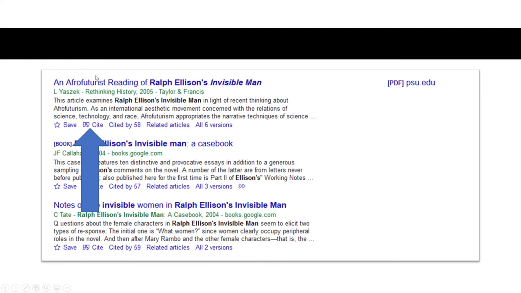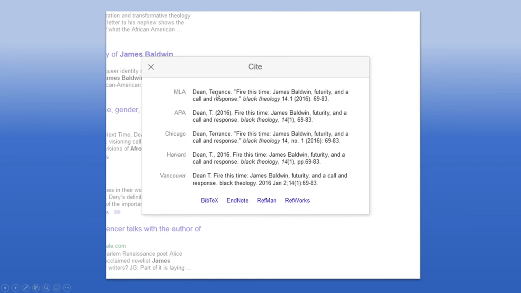So here, our search result, Afrofuturist reading of Ralph Ellison's Invisible Man. There's a little cite button right here. It also gives you who cited this article, which is sometimes a nice metric of how popular and how influential a given work might be in the research literature. So we click the cite button, and that gives up this cite window, and it gives the 5 major citation styles: MLA, APA, Chicago, Harvard, and Vancouver. I've never seen Vancouver used, but